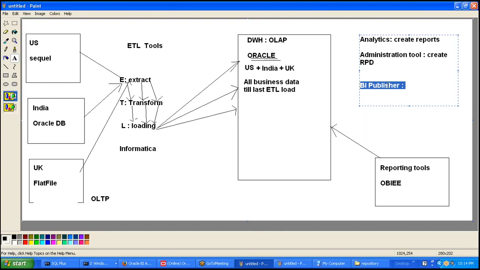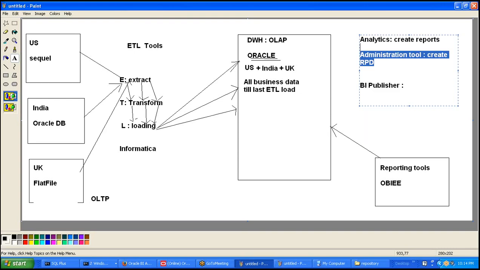A question is asked: in analytics, do we also create the cubes, separate the dimensions and fact tables, or do we only create reports on what the developers have developed? After the RPD is developed, you are going to develop the reports. If you have some BI Publisher knowledge and want to provide any pixel formatting or integrations, you can do that using BI Publisher. If you are not aware of BI Publisher, then the reporting part will be given to the BI Publisher team, and you will only be creating the RPD.